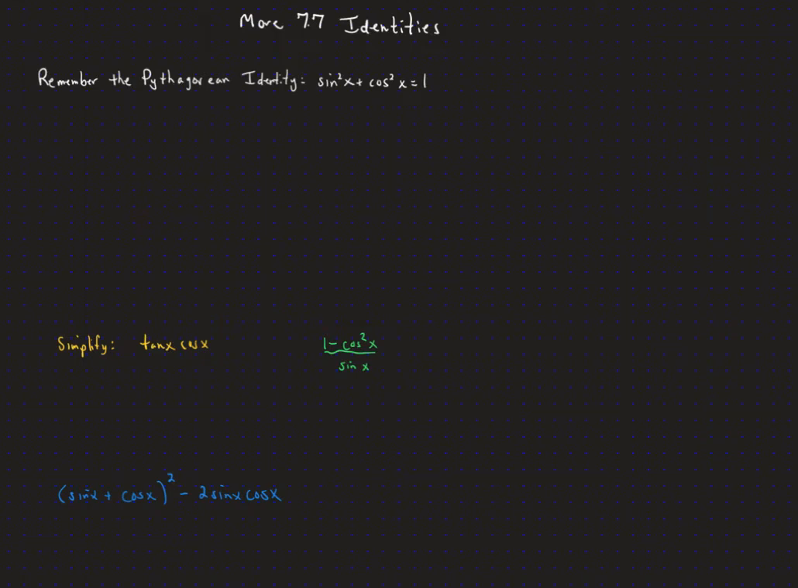We're going to talk about section 7.7 in our book on identities. So an identity is something that's true for all values of x. Our most famous identity in trig is called the Pythagorean identity, and that's sine squared plus cosine squared equals